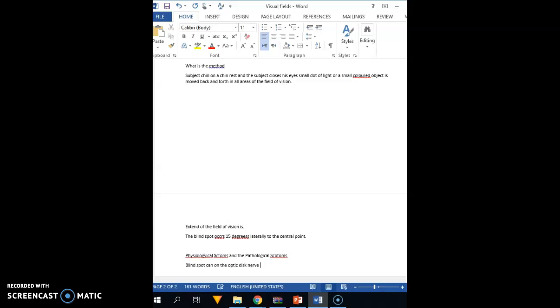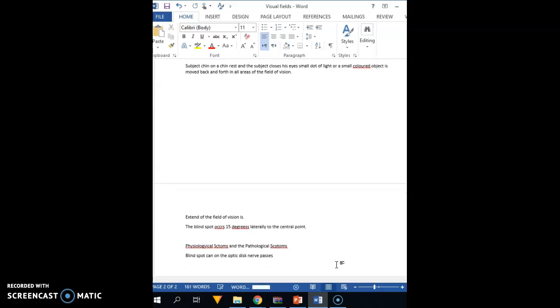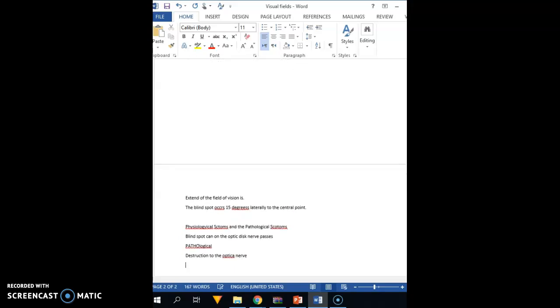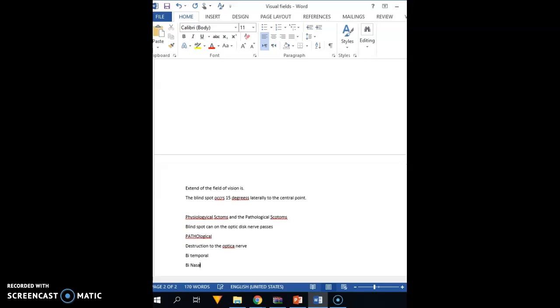And then what are some pathological scotomas? The first one is any type of destruction to the optic nerve, and that's a very basic one. And then there are bitemporal and binasal